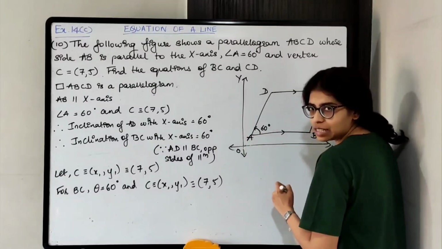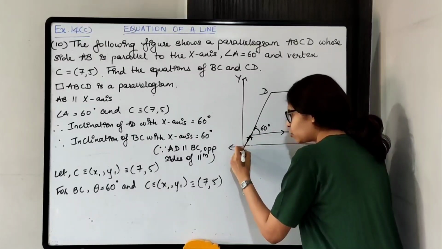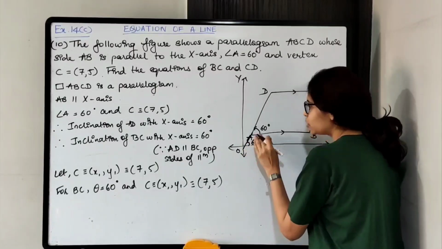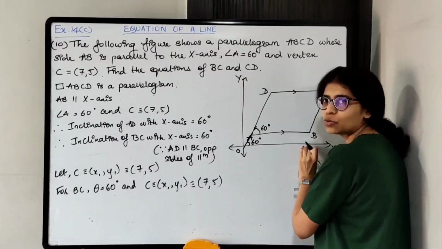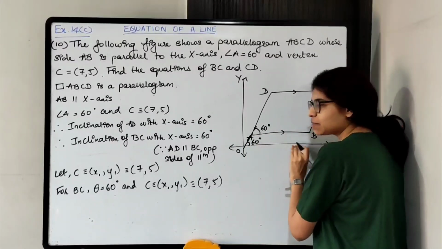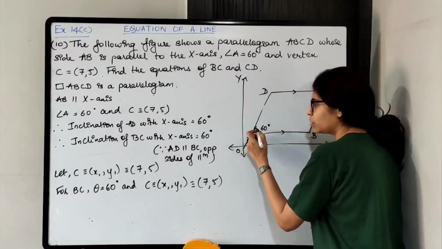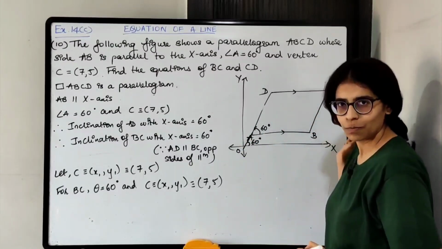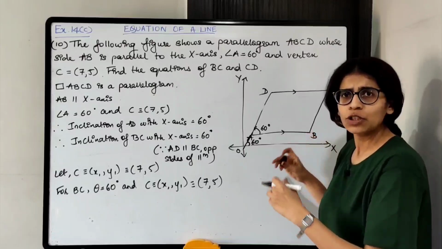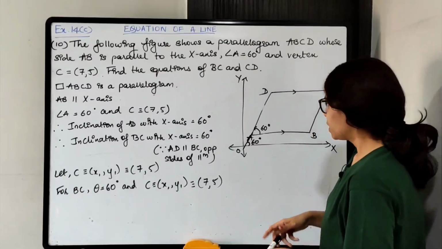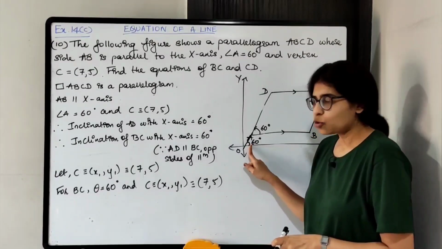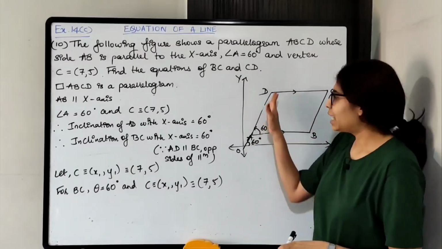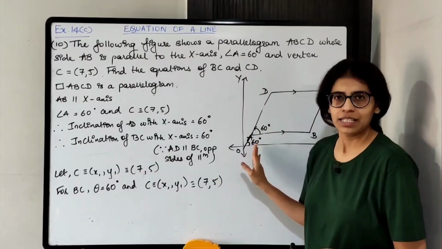A is 60. So अगर मैं इसको extend करूँ, this will also be 60 degrees because AB is parallel to x axis. ये दोनों lines parallel है. This is a transversal, so ये corresponding angles हो जाएगा. Okay, corresponding angles हो जाएगा. So angle जो ये है, this will be 60 degrees. AD का inclination will be 60 degrees.